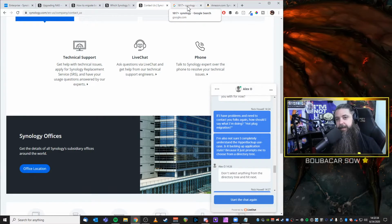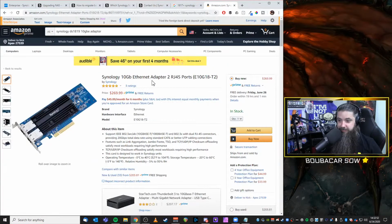Or I can keep the one I've got with the onboard 10 gig ports, 2 1 gig, 2 10 gig, and not pay any more money for that functionality. Actually save money, if I'm being honest. Because the original one is...